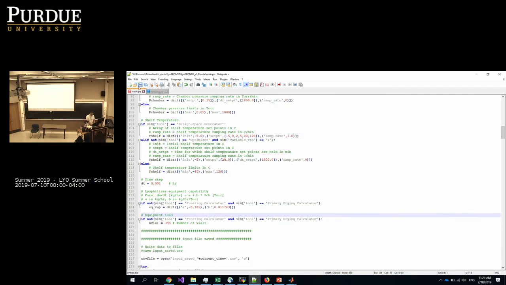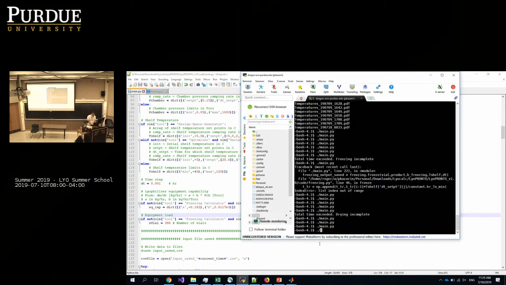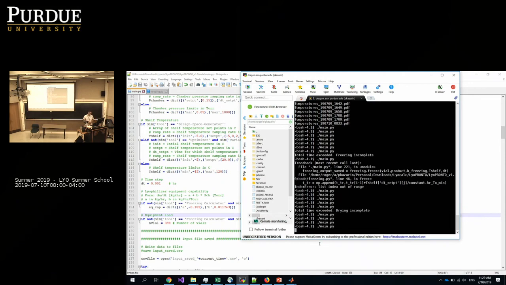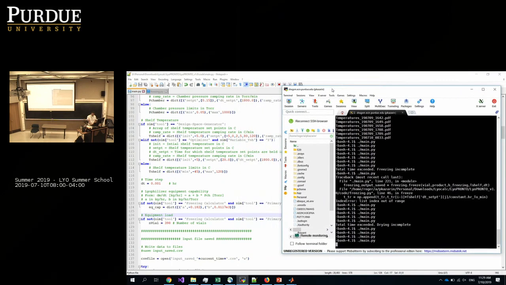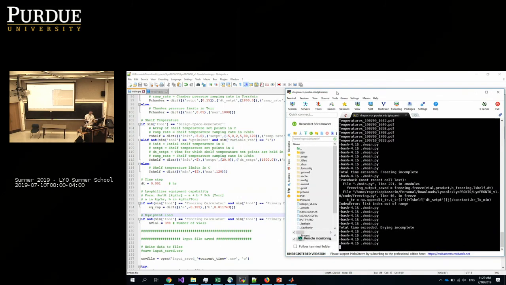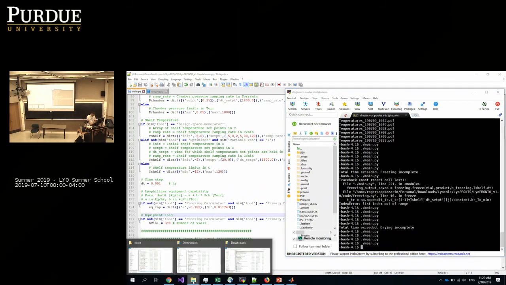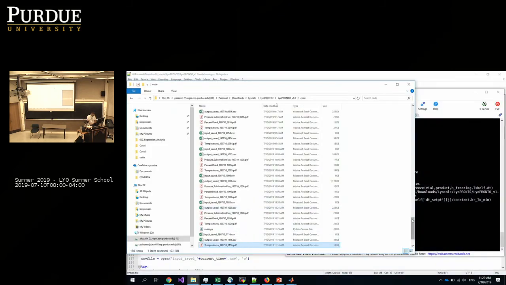We just save the file and we just run the script. It takes several seconds to run. So it's very, in comparison to CFD simulations, this is very nice in terms of time. So this is done, and what we have at the output. At the output, we have the same input file, saved output.